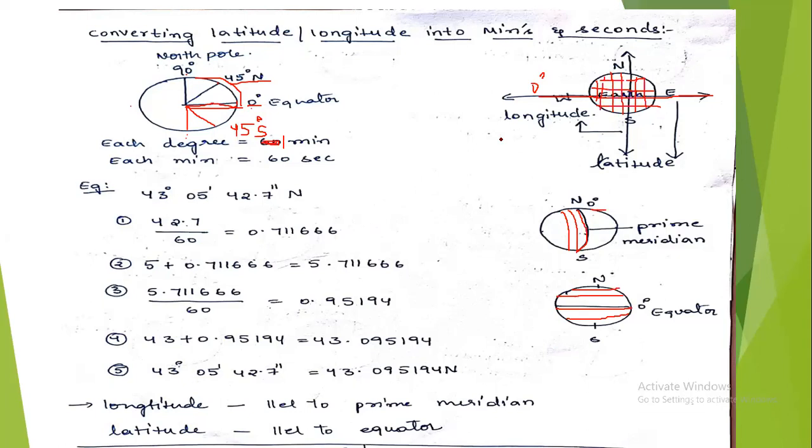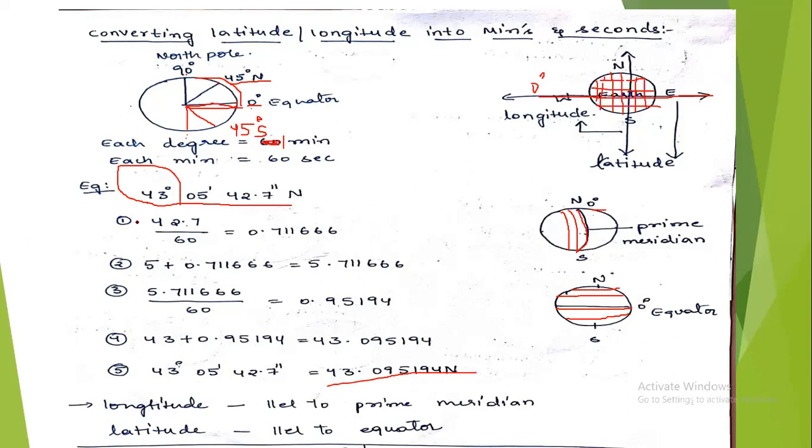So, for example, if we want to convert the degrees into minutes, here is the procedure. If you see Google Maps, or if you are traveling somewhere, you turn on the GPS. On the GPS, if you have location on, your location will come in this form. It is in degrees, with latitude and longitude. So what is the meaning of these degrees? See, if you want to convert these degrees into minutes, with the side north or south.